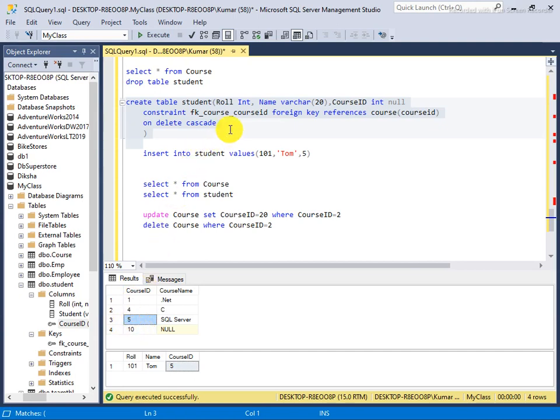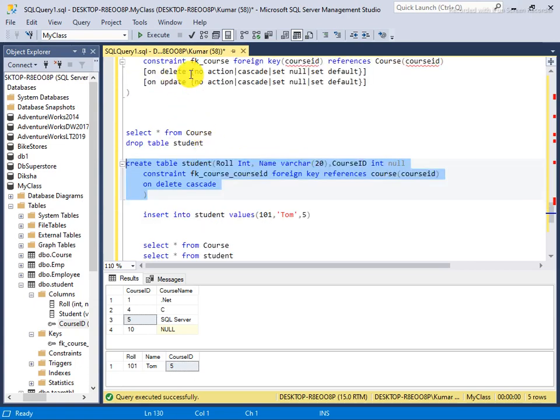But when you see here, like I said on delete, if you try to delete 5, it's possible, because I said cascade. Cascade means that if you delete records from the parent table that are being referred to by the child table, it's possible to delete. By default it's no action.